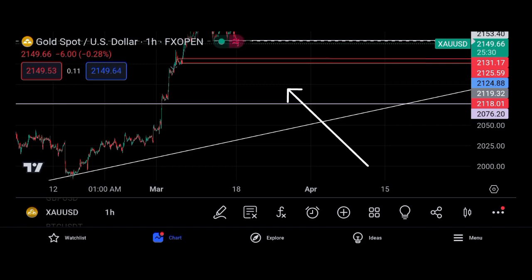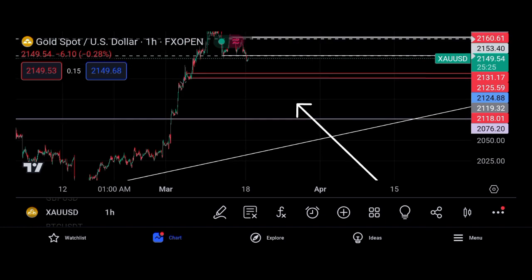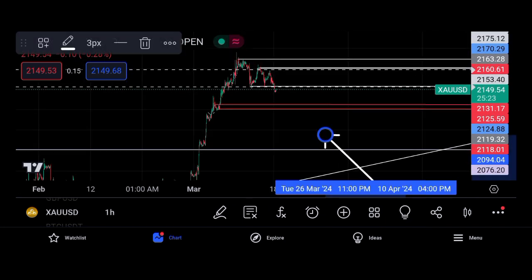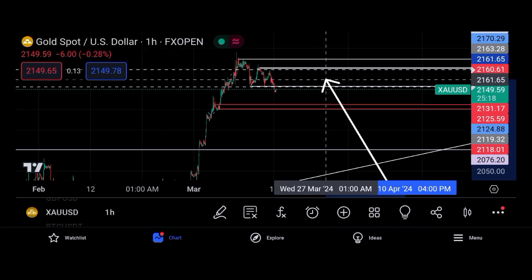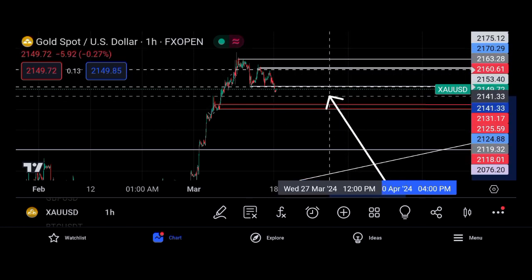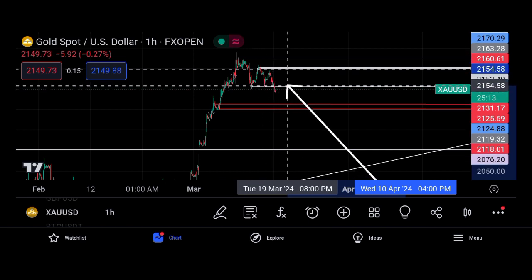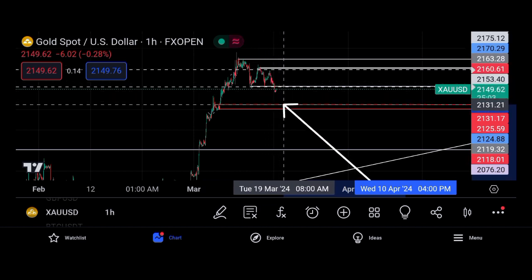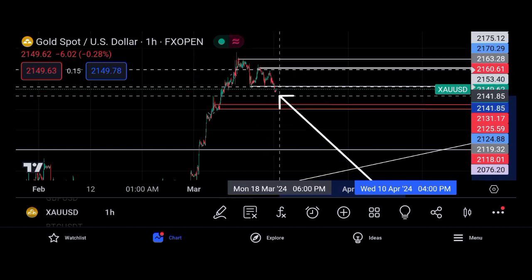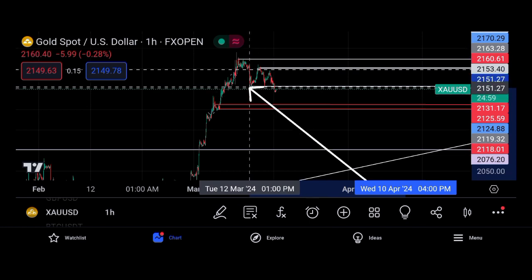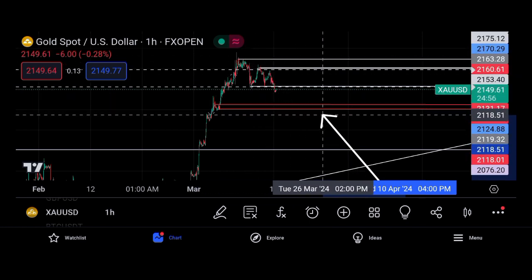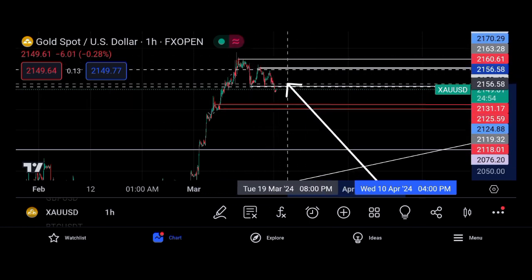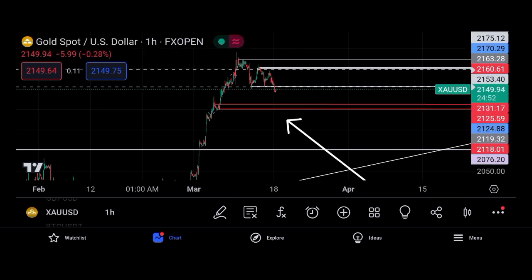So guys, now that we have a clear bias of where we're going, we're currently in a downtrend. So we should be expecting more sales, right? And as you can see, guys, the price has broken this low. And here we have a lower high, we're now having a lower low, because this has broken this previous low. So now we are in a downtrend, right? So now what I'm expecting is for price to retest back to the zone. Let me zoom in.